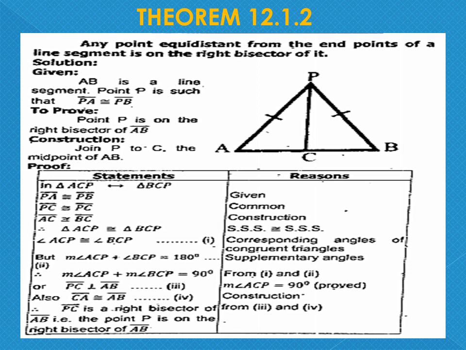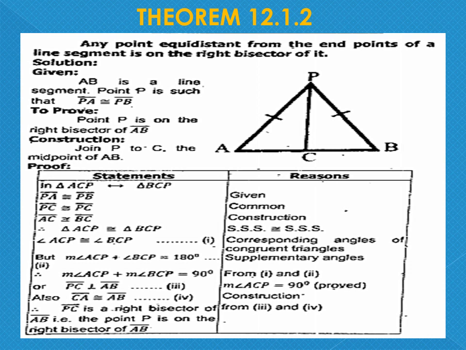Now we can say in triangles ACP plus BCP, if we add these angles, we can see that both are giving 180, a straight line. So the reason can be, yes, both the angles are supplementary. Then we can see from the figure and say angle ACP is equal to angle BCP and equal to 90 degrees. From 1 and 2, it means when angle ACP and angle BCP are equal and the sum of these angles is 180, or supplementary, we can say yes, they can be equal. So that's why we can say they are 90 and 90.